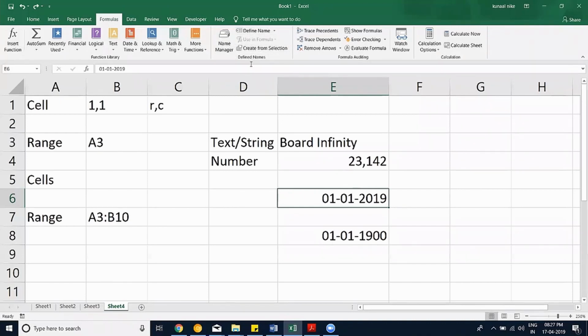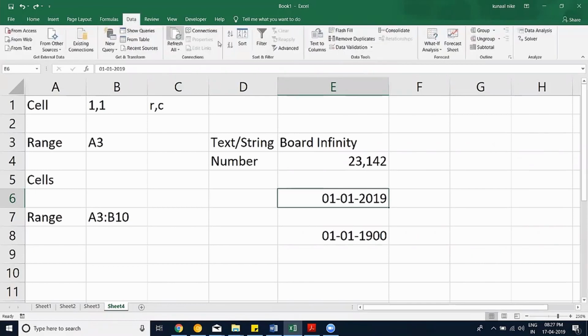So I'm going to teach you this one particular concept, and the rest of the options will be covered by Amlan, right? In the data tab is again what our focus will be today. Now in the data tab, obviously, since Excel is handling data, there have to be some really good options to